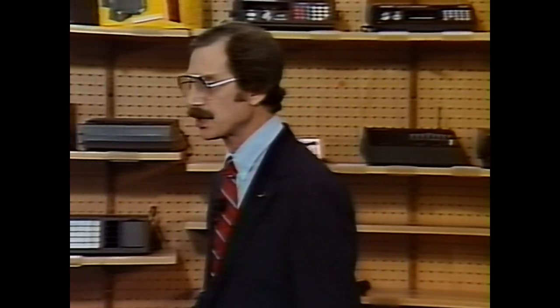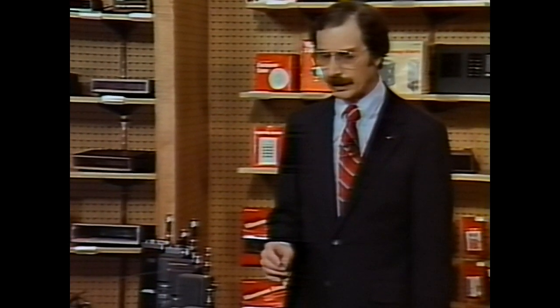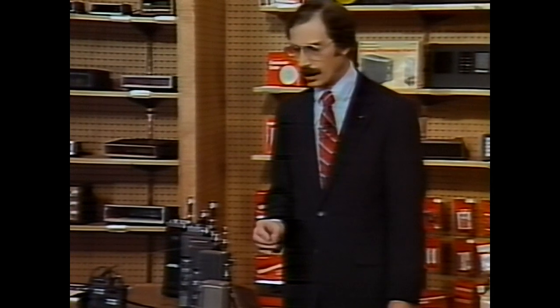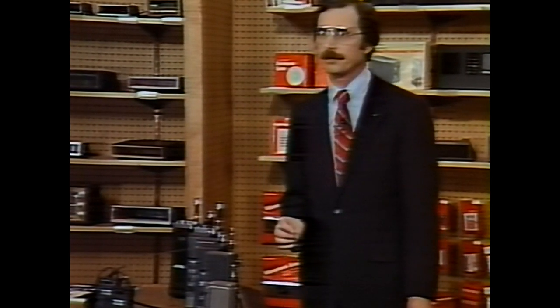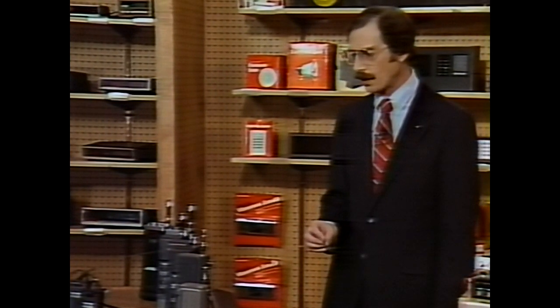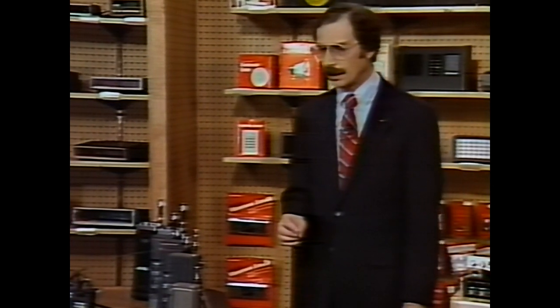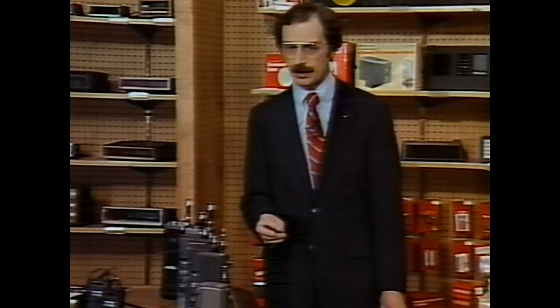As we said, we have 7 walkie-talkies in our CB line. The major differences between these walkie-talkies are only the number of channels and their output power. In the catalog, the figures we give are called input power. This has been the basic and standard way for the industry to advertise walkie-talkies over the years. However, it lacks in the sense that the true performance of the set is measured in output power, not input power,